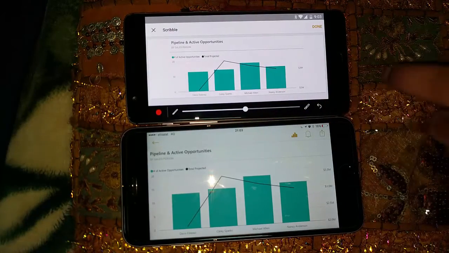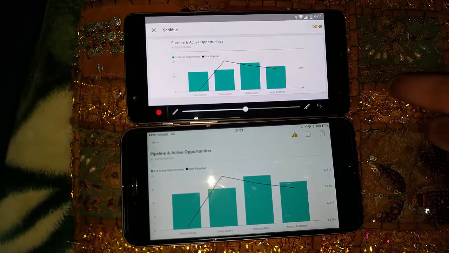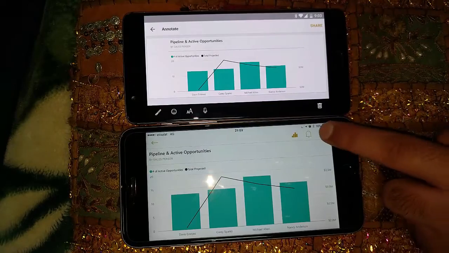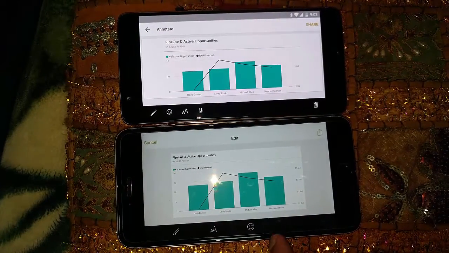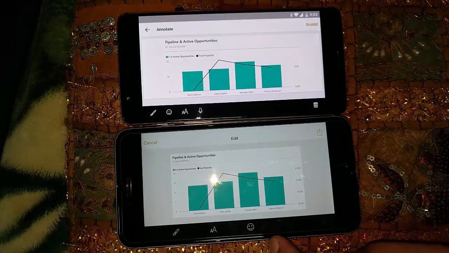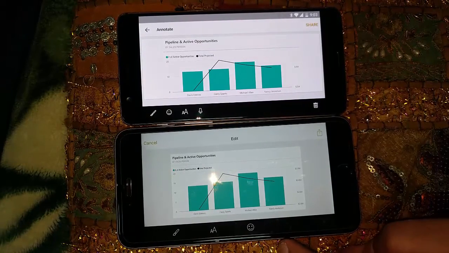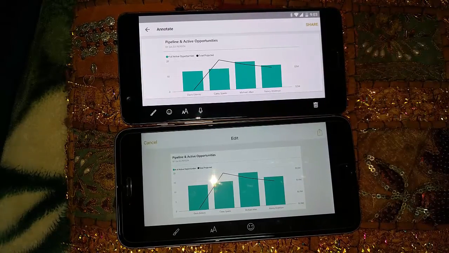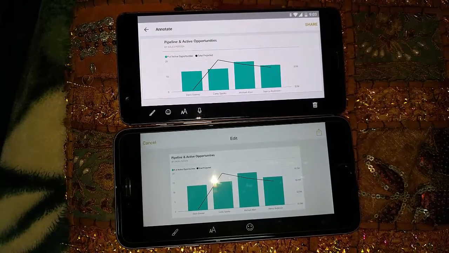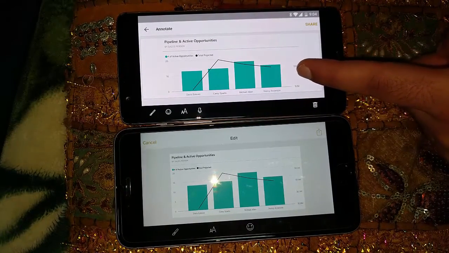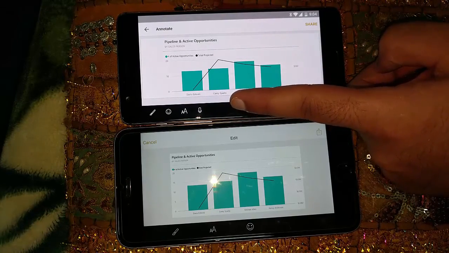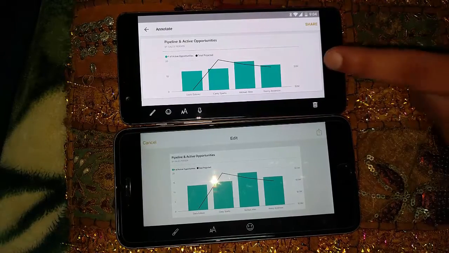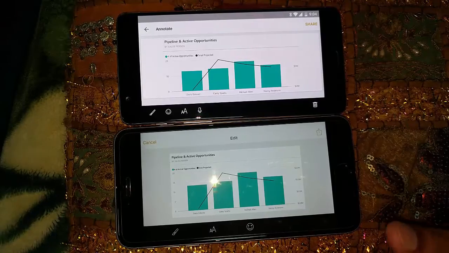While on the iOS side, the share button gives us the same options except for the microphone. So it comes out clearly that one of the functionalities that is available on the Android side and is not available in iOS is the microphone. Which means that if I want to talk about one of the measures in my graph, I can tap on this voice note button and record my voice and send it to the person whom I want to get the message across to. While on the iOS side, it does not seem to be possible as of now.